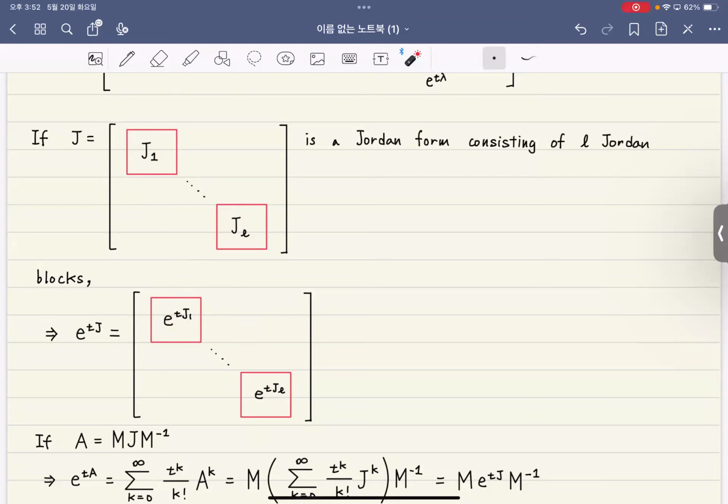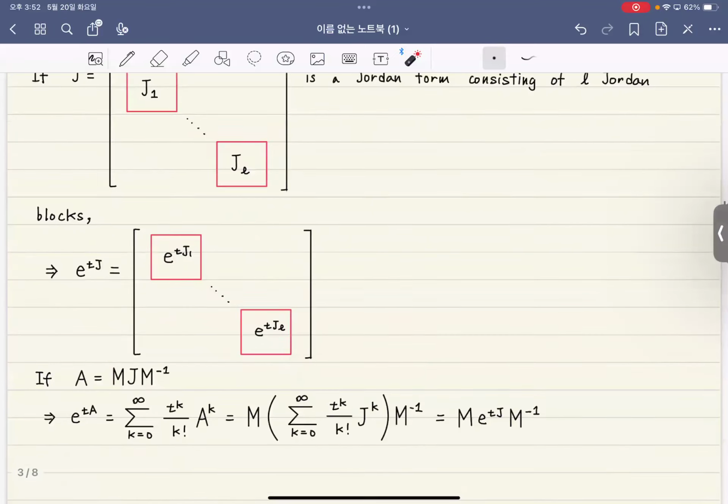This one should be something. So this is very obvious. This one must be. So finally,